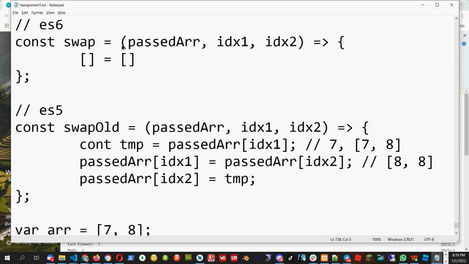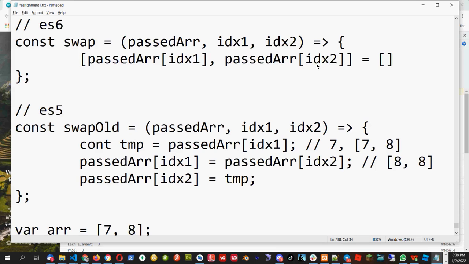Now how do I destructure it? Here I have to take one variable, so I will say passedArray of index 1. Okay, comma. Then I will take another variable which I want to change,